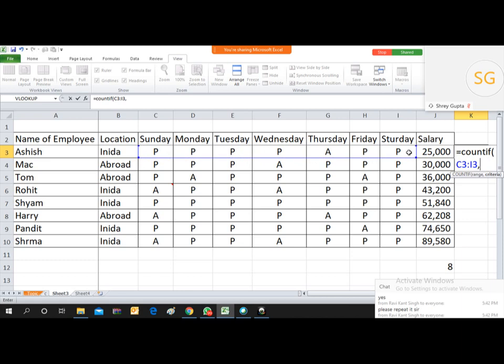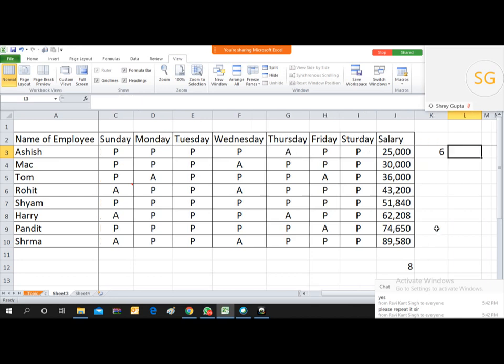The criteria is P. Under inverted commas, you just type P and then close the bracket. Friends, you see 6 days Mr. Ashish was present and 1 day he was absent.